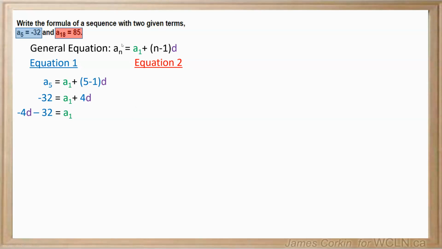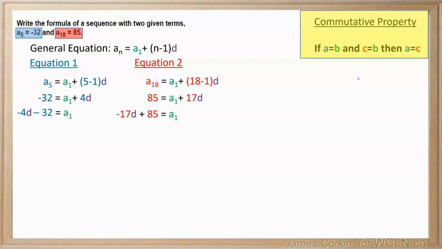We're going to repeat that process with the second piece of information. So similarly, a18, 18 for n, and replace the a18 with the value of 85 and simplify to get the a1 by itself. Next, we can use a really powerful property in mathematics known as the commutative property, which says